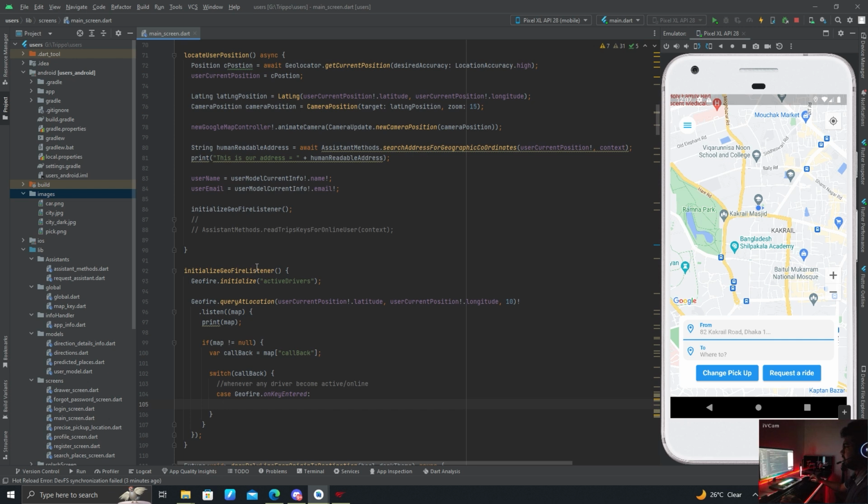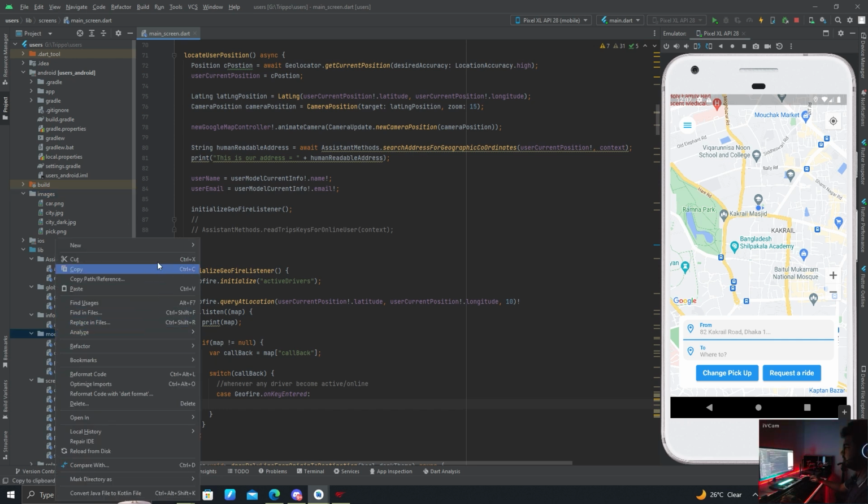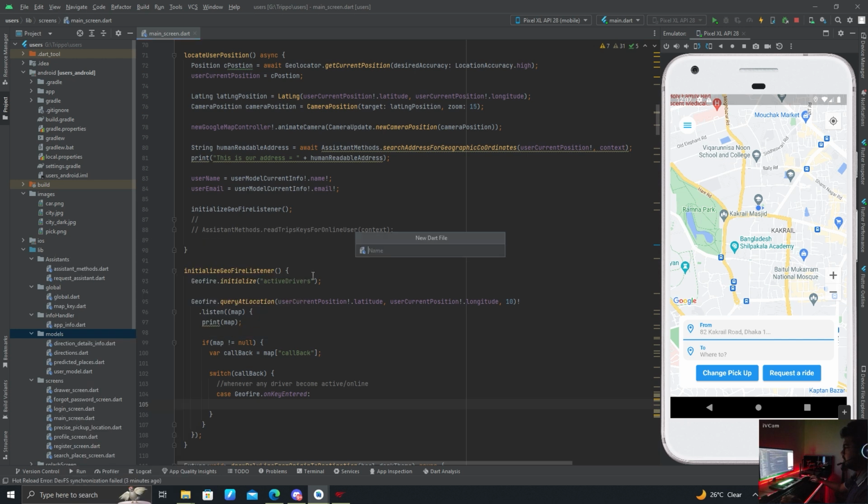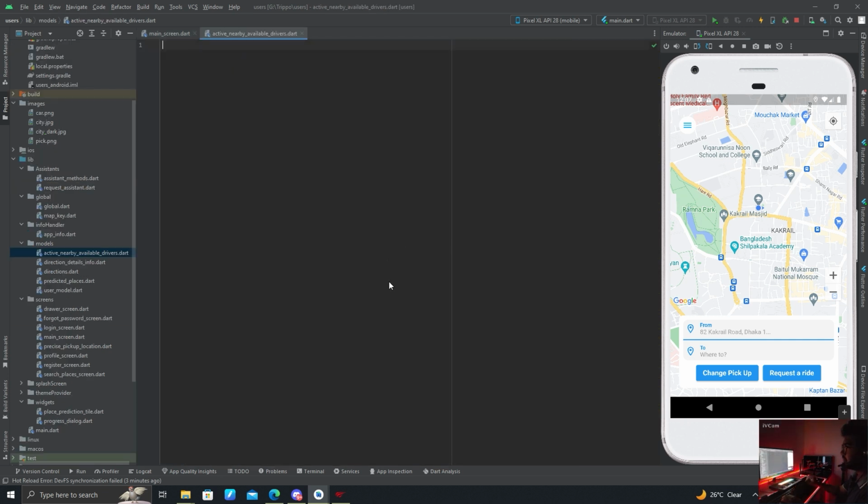and here we are going to add a new model class. So for that, a new Dart file called active nearby available drivers. Let's create this class ActiveNearbyAvailableDrivers,